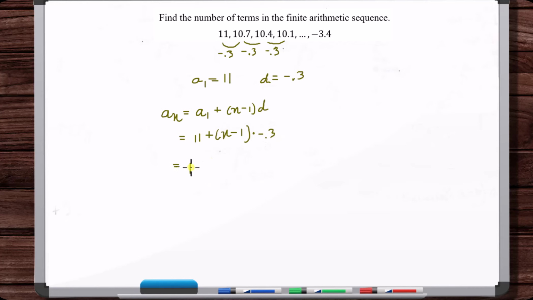So you have 11 minus 0.3n plus 0.3, which gives you 11 plus 0.3 is 11.3 minus 0.3n. Okay, so now let's plug in minus 3.4 for a sub n